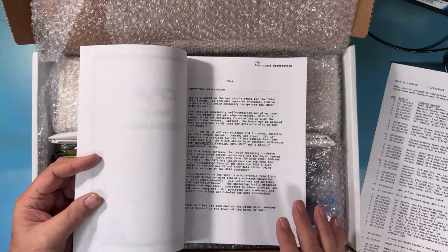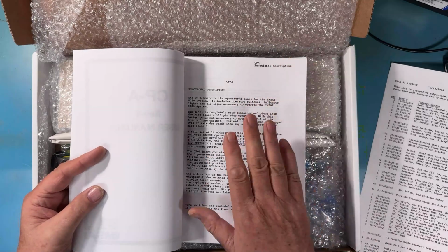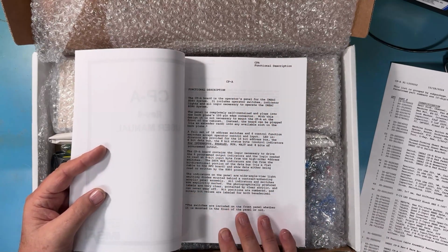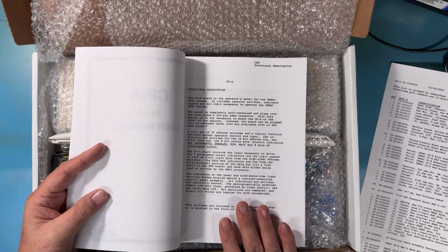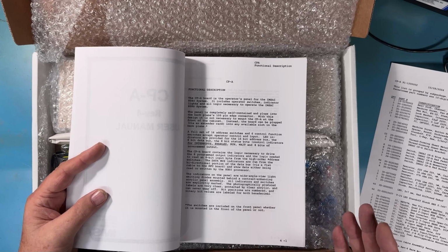Making sure it's the correct version of the manual for the panel, those kind of things. There's been a lot of work to get this manual to this point. My philosophy with manual restoration is I want the manual as close to the original that you would have got in the kit, maybe even as close as I can get it to the master that IMSAI back in the